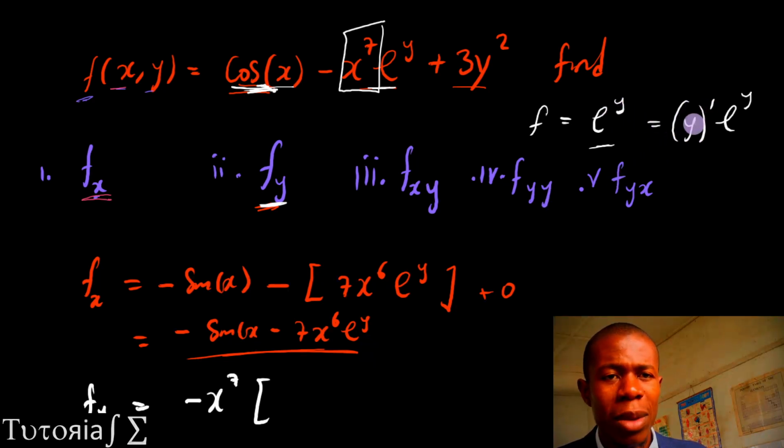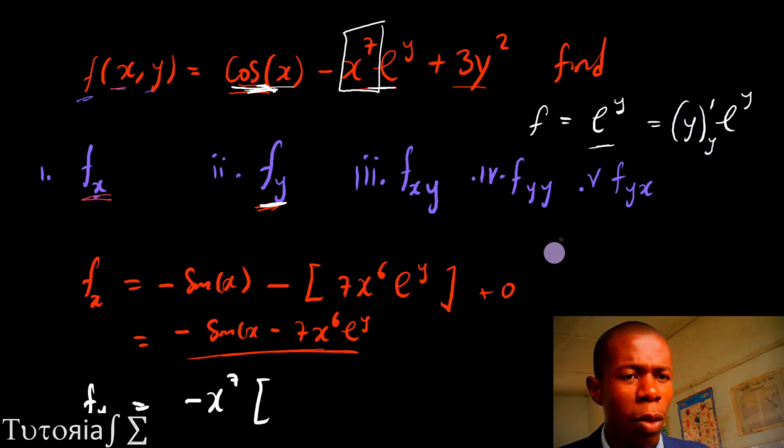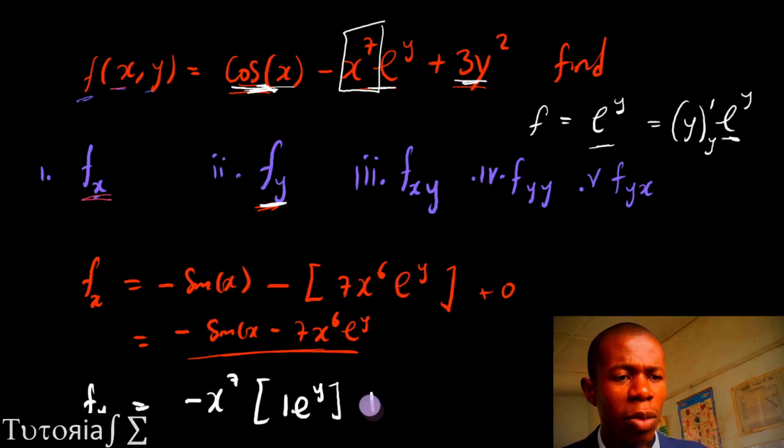This will simply be 1. The derivative of y with respect to y will be 1. Then we rewrite e to the power y. Then the derivative of this part with respect to y, that will be plus